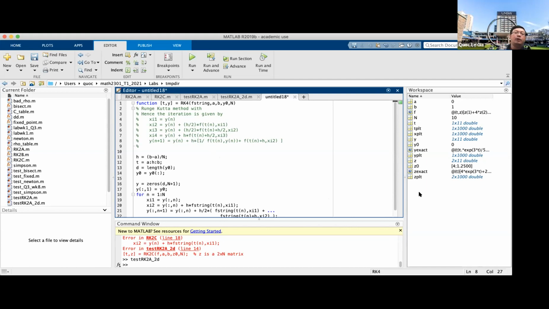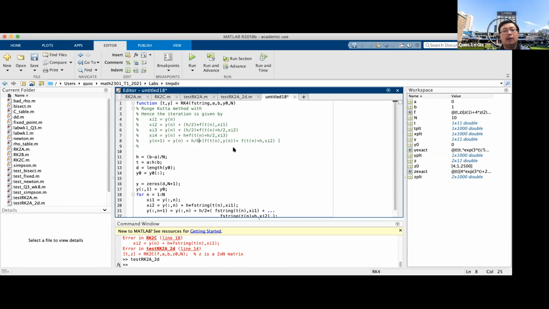Yes, this is a group assignment question. But you see, the implicit one is more complicated, so I assume that everyone will get this. This one is an explicit one. So this is a group assignment question for the explicit Runge-Kutta method of order 4. And if you look into Moodle, you see that I put the RK4 for the one-dimensional case already there. So now h over 6,